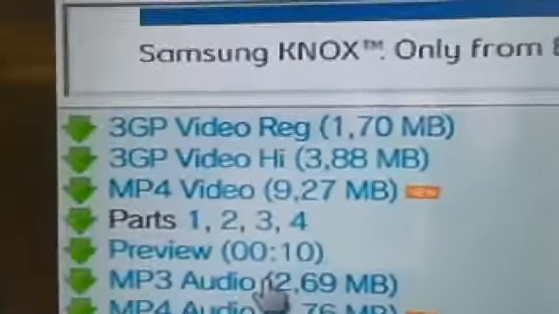MP3 audio, for my mouse fingers. Just click on it. Then the destination. Destination, I do not have my memory stick, so I'm just going to do system storage. 2760 KB, or I don't know what you call it.